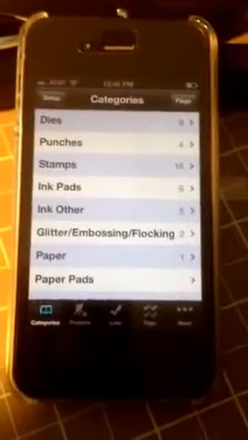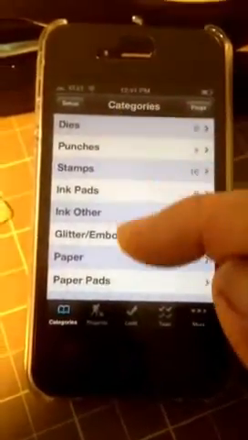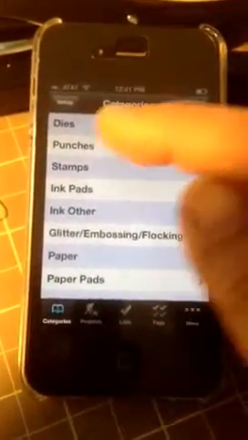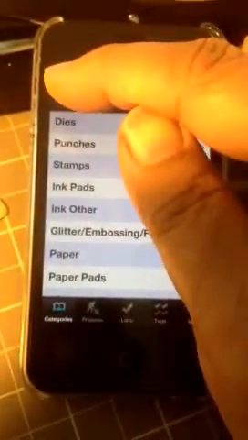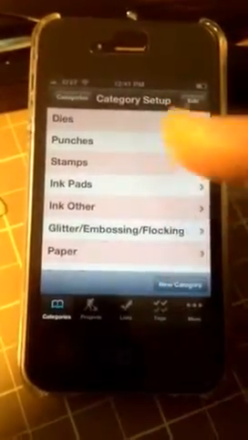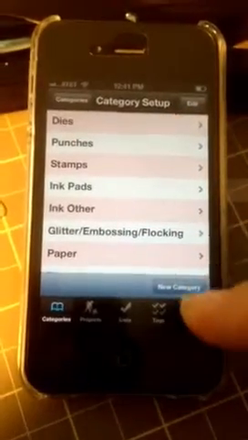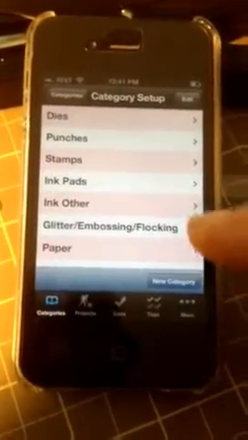And the first screen that you come to is the list of categories. Now these categories that I've got set up in here are all configurable. So you see the setup button here. You can actually go in to the settings, and you notice that the color is a different color. So we're now in the setup option or configuration, and you can create a new category of your own if you want to